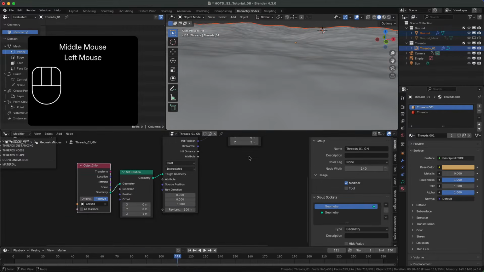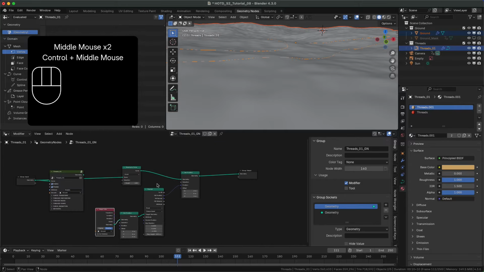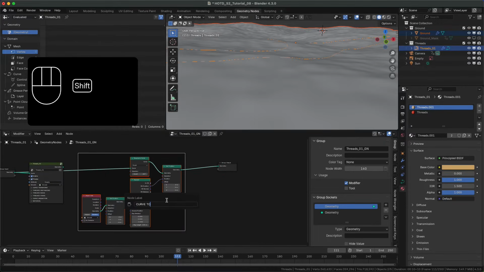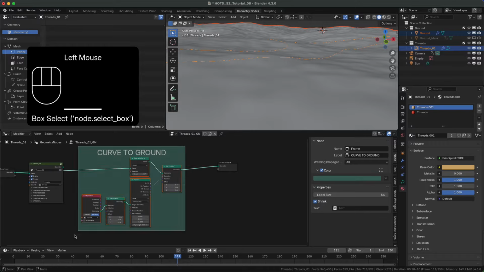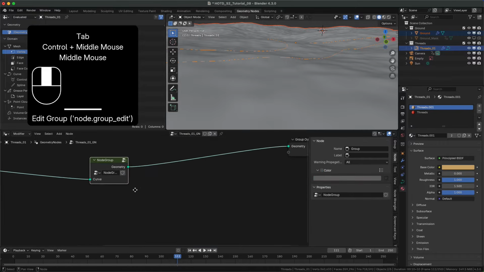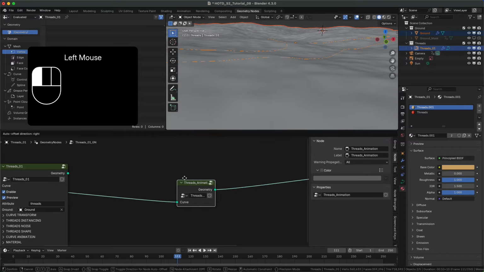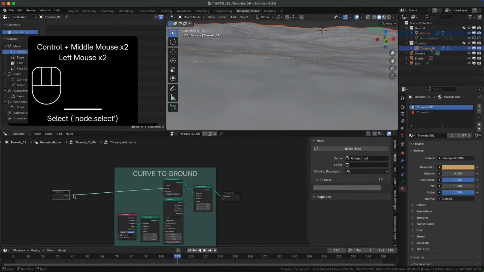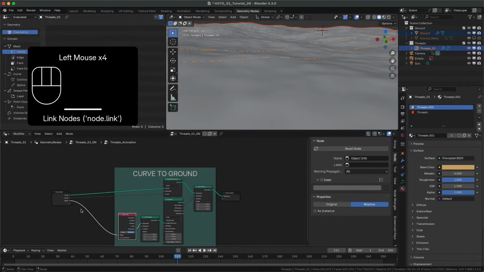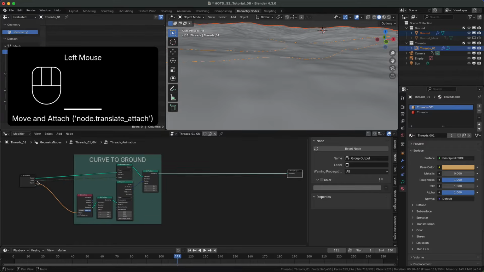But we are going to increase to 4 instead of 2. We put all these nodes in a frame. We change the name and color and create a group. We change the name and label of the node. We enter the group, and we are going to add count an object. We make room